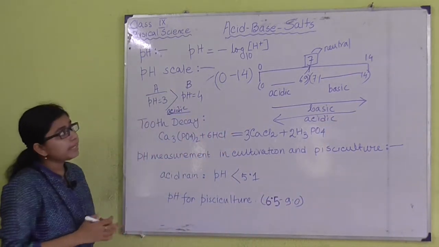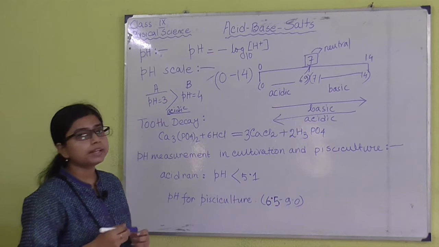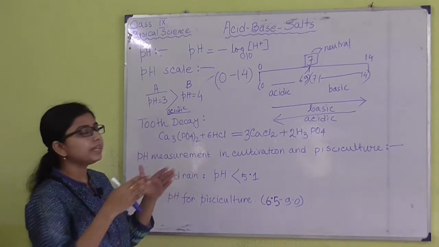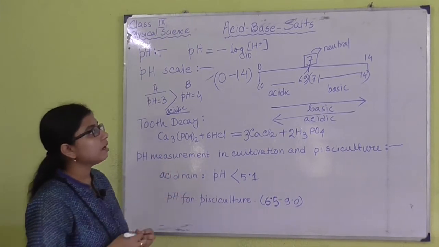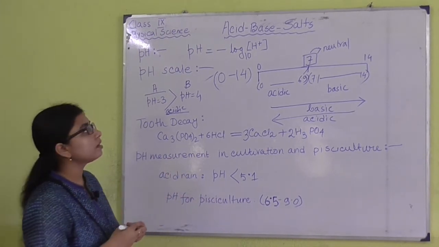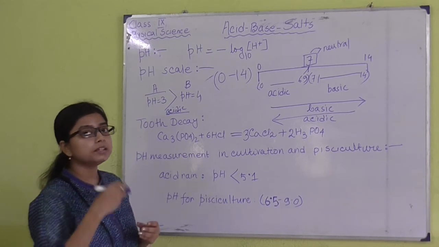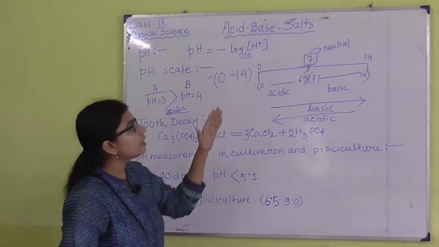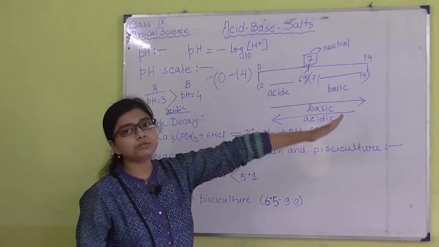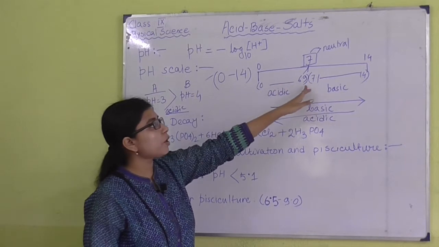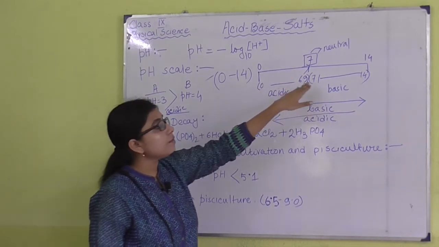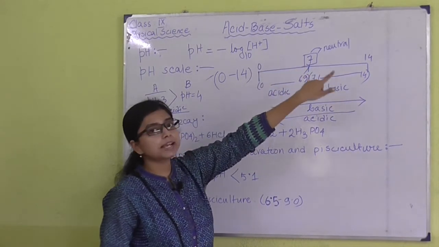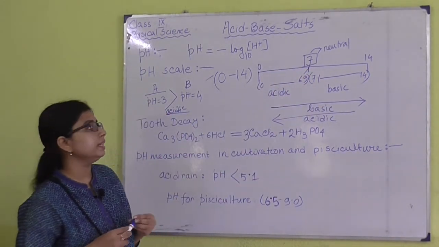So, pH means nothing but the negative logarithm of H+ concentration. Next is pH scale, that means we have a scale which is used to measure the concentration of H+ ions in terms of pH, and the scale is known as pH scale. We have the range of pH from 0 to 14, and from 0 to 6.9 it is acidic, from 7.1 to 14 it is basic. The value 7 indicates the solution is neutral in nature.